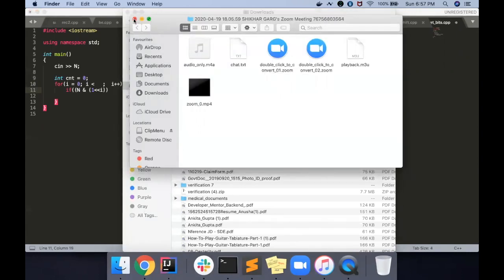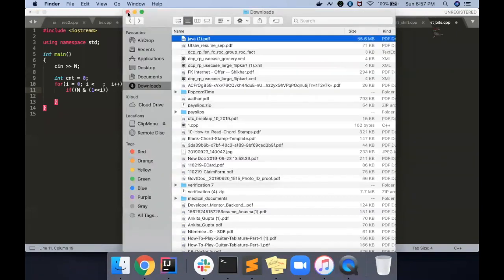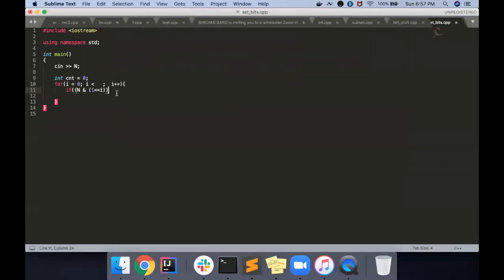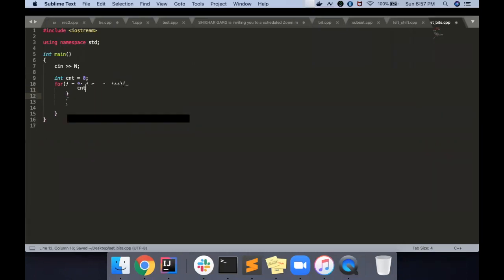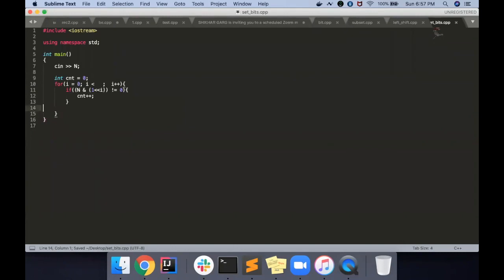is not equal to basically 0. So we saw that if a bit is unset, then the whole number becomes 0. So if it is not equal to 0, count plus plus, and we'll just print the count.